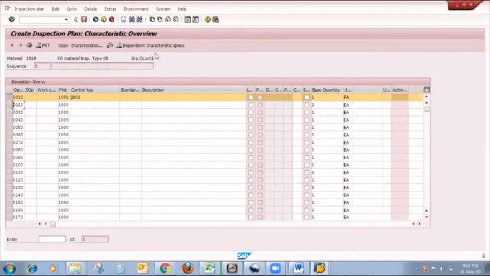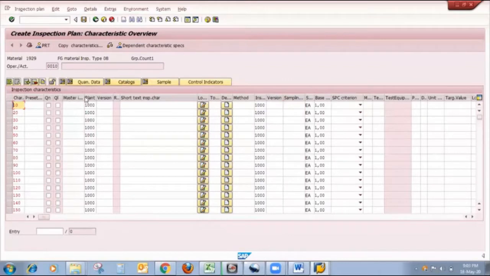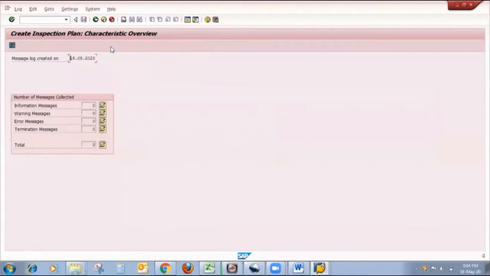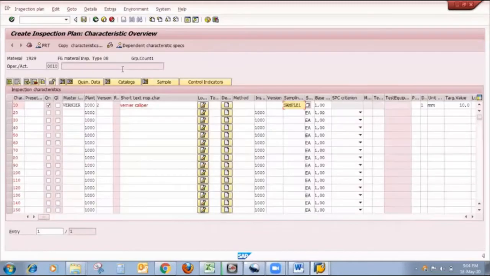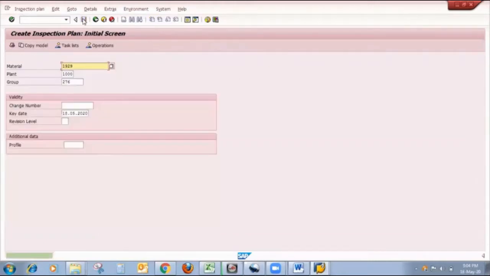Now I click on inspection characteristics where I put my MIC. Vernier is my MIC, and in sampling procedure, sample 1 is my sampling procedure. Now I click on consistency check to know whether any error or warning message is available with this inspection plan. Currently there is no error or warning message, which means my plan is ready for saving. So now I will save it.